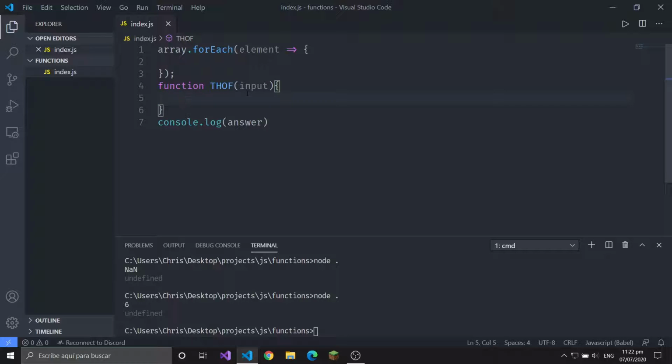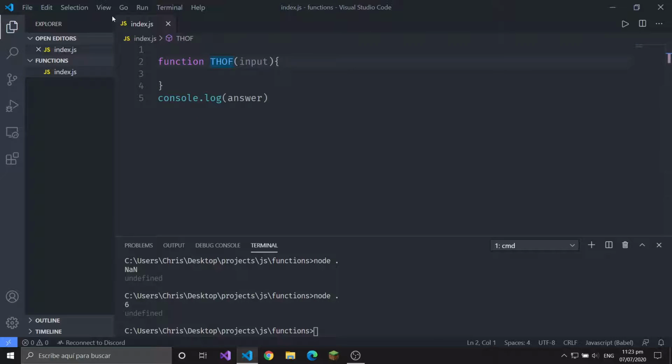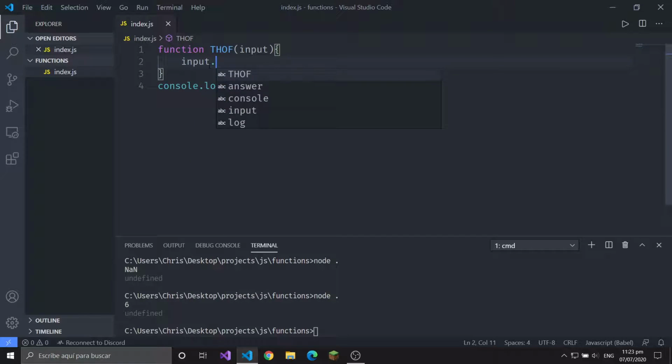This is more usually for a sorting method, or in this case for the name of the element or stuff like that. Inside of here we say inputs, return input. This might not be in itself a higher order function, but then if we use a function inside of it,